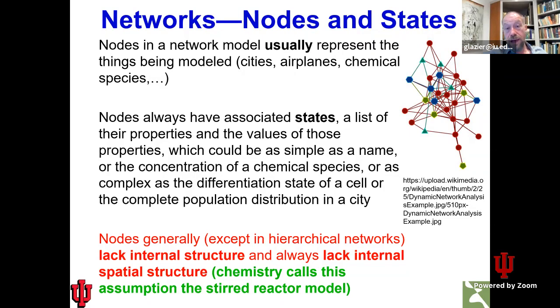In general, we don't have structure inside of nodes. A node is thought of as an indivisible object, although it's possible to build hierarchical models where you have submodels inside of nodes. If we're doing chemistry, it's called the stirred reactor model, which says there isn't any structure inside of the things that we're